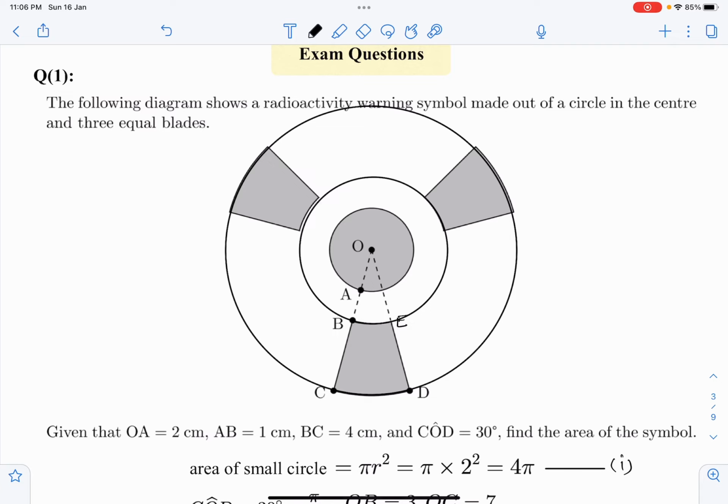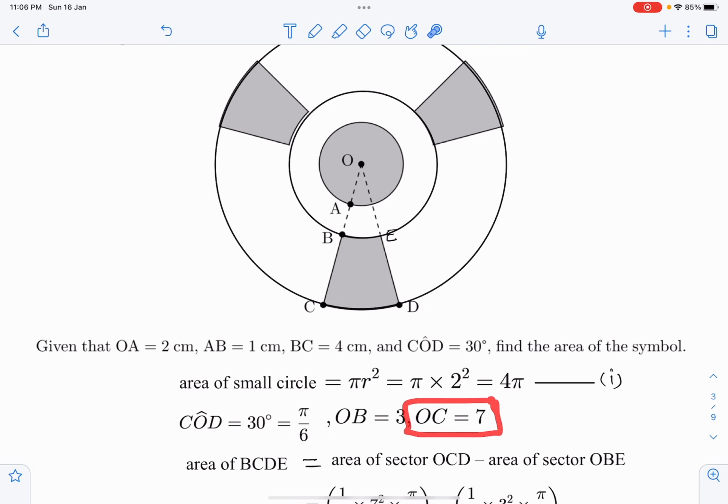So just I want to explain to you that the radius of this circle OC, with the biggest circle, is given here. I have already calculated. OC is 7. So this length is 7. Then the radius of this circle whose radius is OB, I have also calculated, 3 centimeters. Okay, and the radius of the smallest circle is already given. OA is 2 centimeter. Okay, they are given in another form. They have given AB 1, BC 4, so that you understand how to find out the radius.